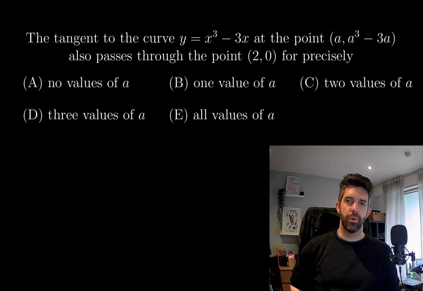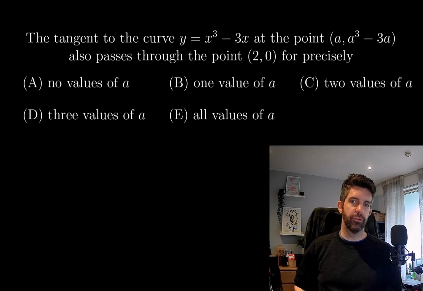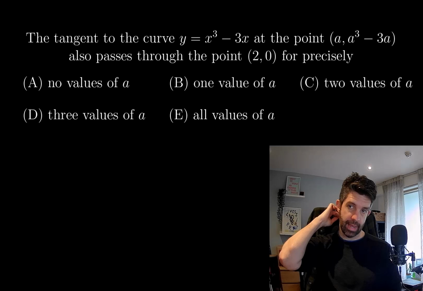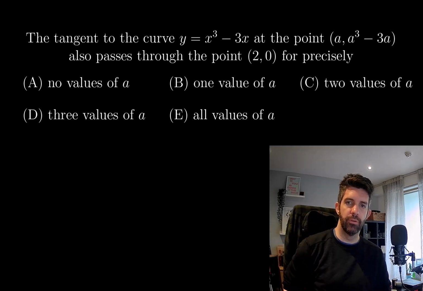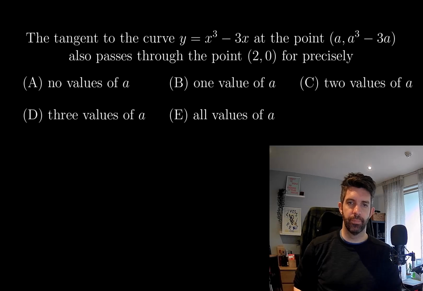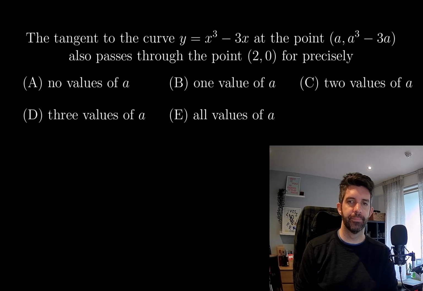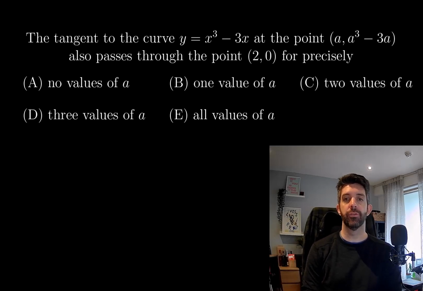The tangent to the curve y is equal to x cubed minus 3x at the point a, a cubed minus 3a, also passes through the point (2, 0) for precisely... well, for how many values of a is it asking that? Okay, so the way I'm planning to do this is to